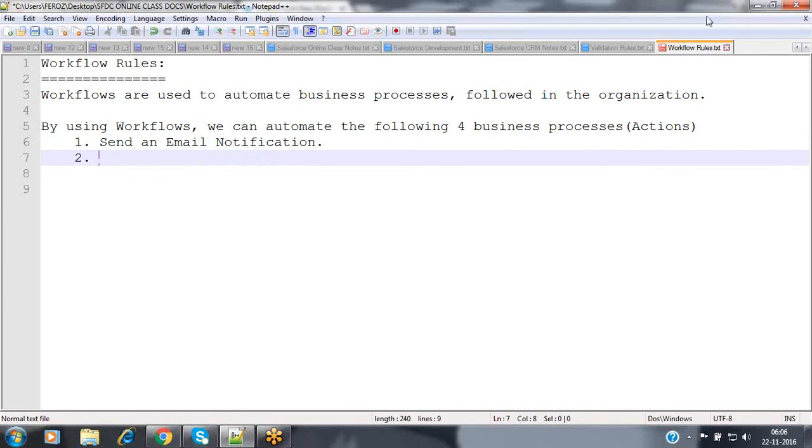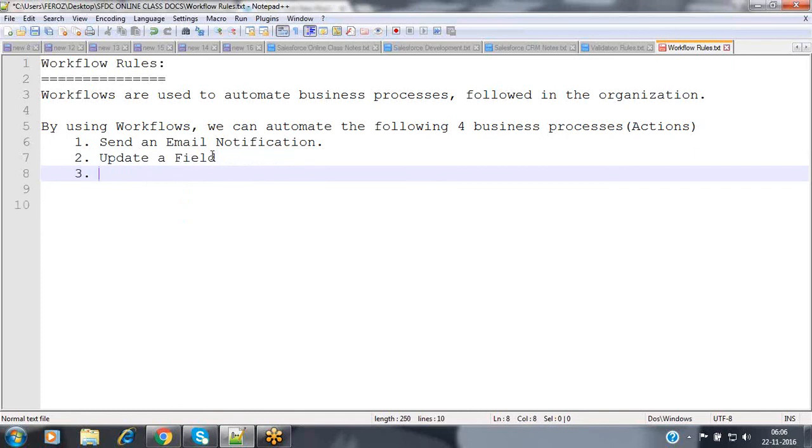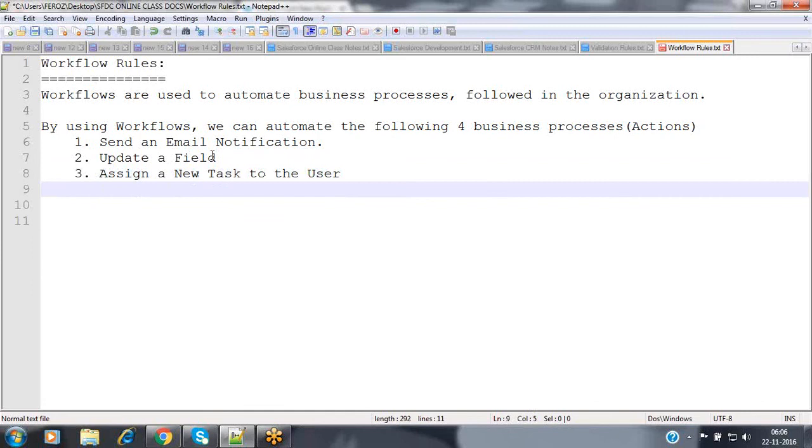and the second action is we can update a field, and the third one we can assign a new task to the user, and the fourth one is we can send an outbound message to the external system.